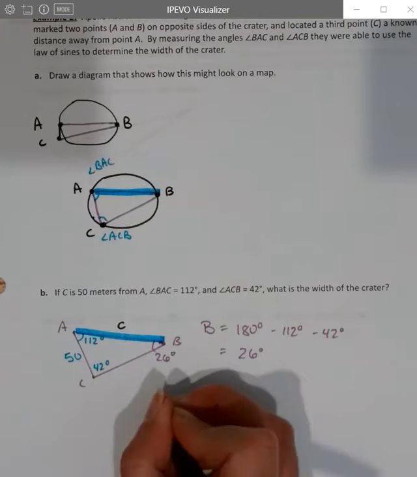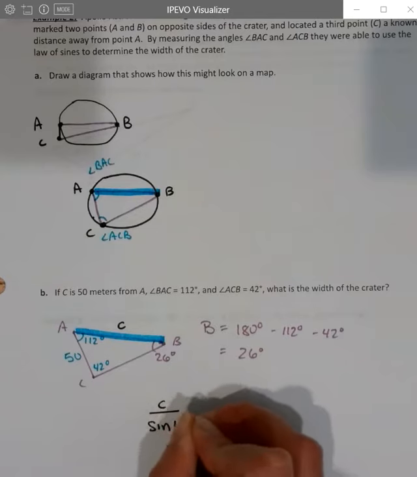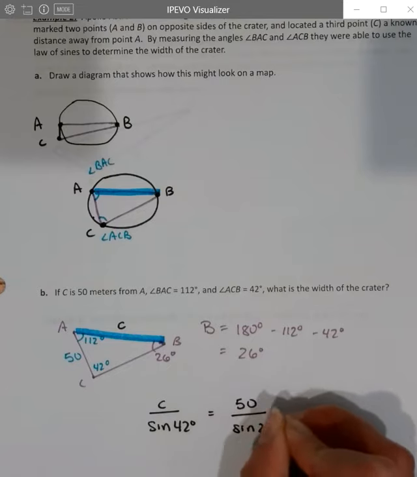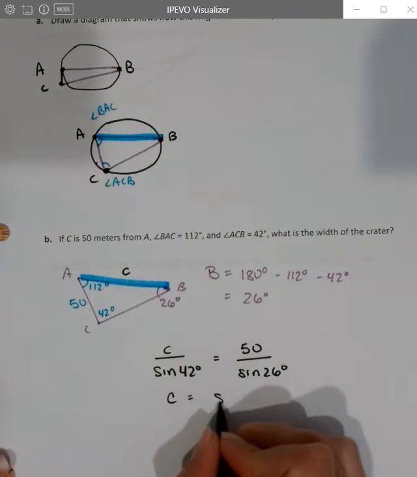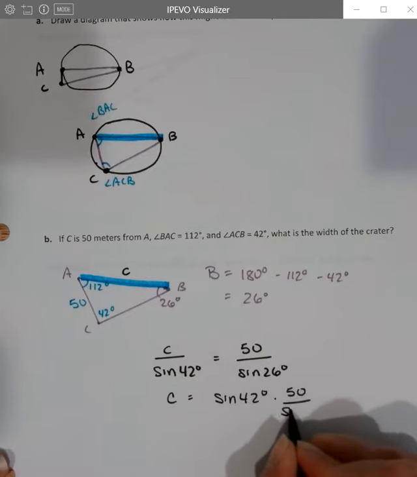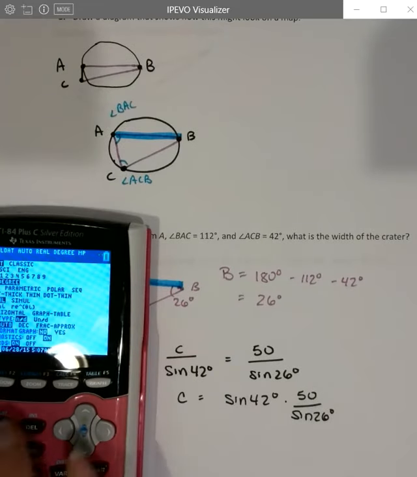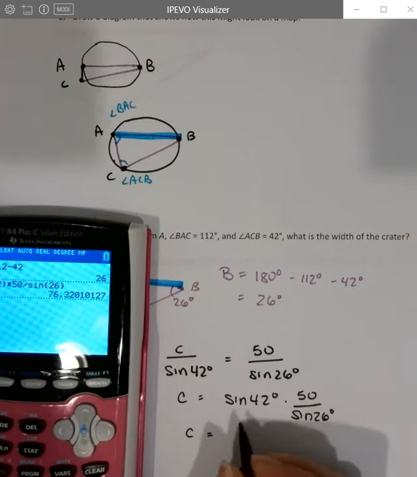So we can set this up as little c over the sine of 42 degrees equals 50 over the sine of 26 degrees, and multiply the sine of 42 over, and we'll get our side solved for. So little c equals sine of 42 degrees times 50 divided by sine of 26 degrees. So I'll make sure my calculator is still in degrees. Yep, and so I can calculate this. So sine of 42 times 50 divided by sine of 26. And so little c is